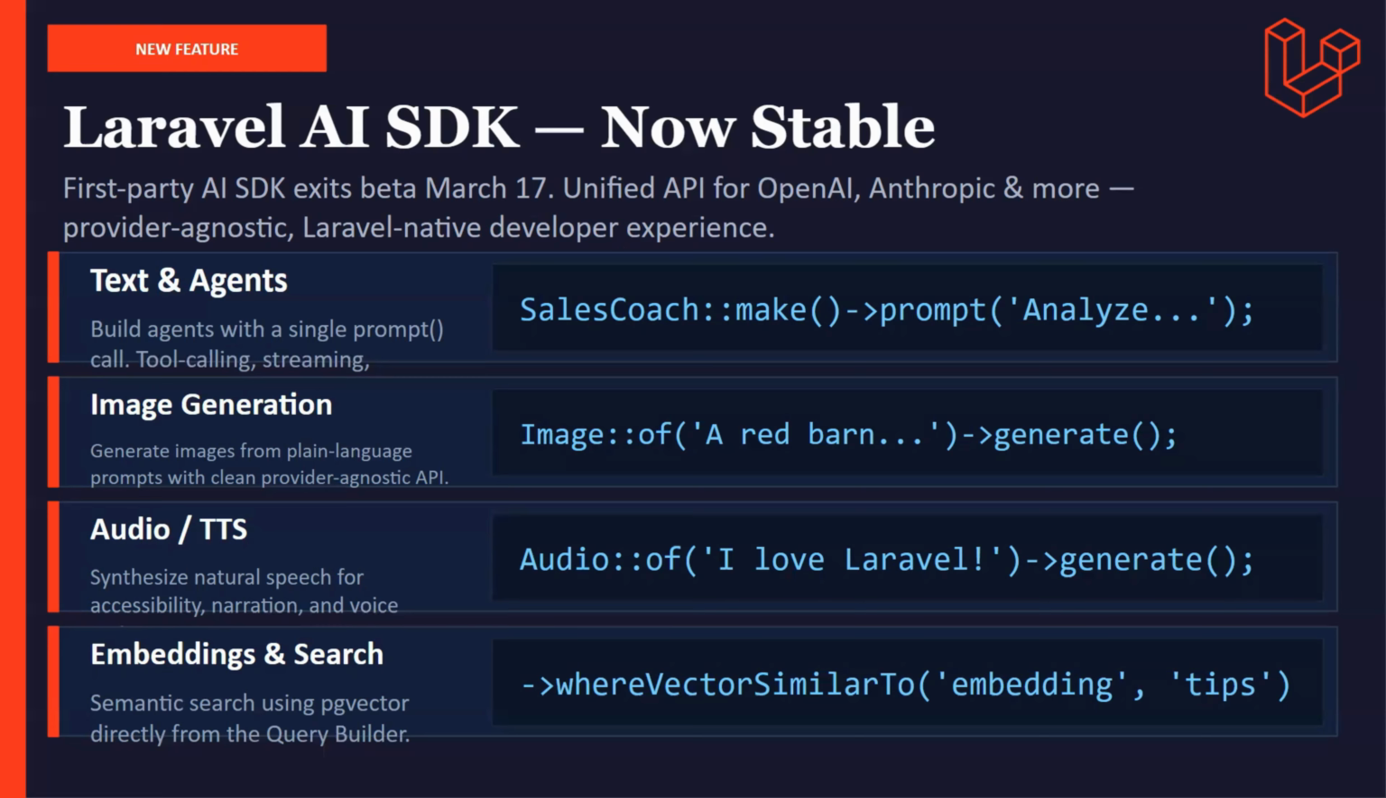I'm sure in future, any new releases coming from Laravel, definitely they will come with new integrations for AI. I'm sure, every release, now we are in 13, maybe 14, 15, 16, every new release will come with a new AI integration. So